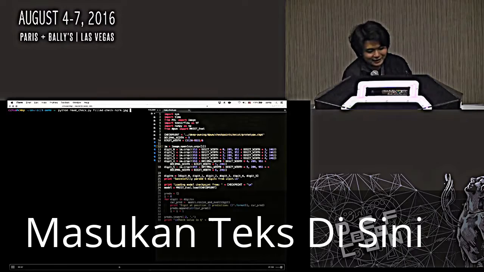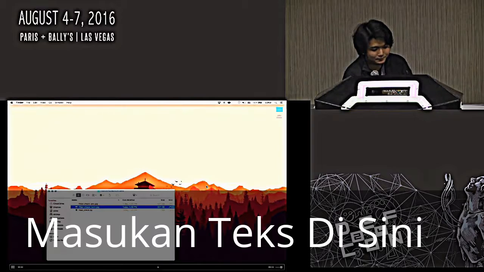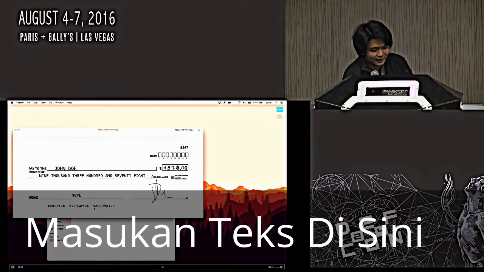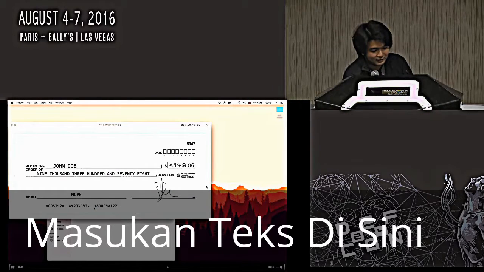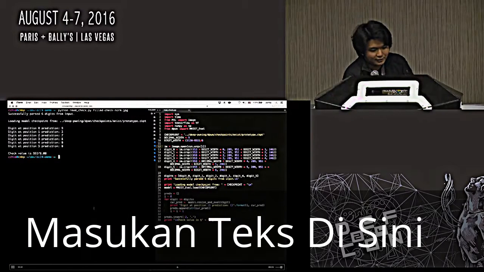This divides the image up into pixel matrices, and then it reads the digits. So it's loading the model, it's predicting the digits: 937800, 9378.00. That's correct. Okay. Now we're going to do the same for the adversarial image.